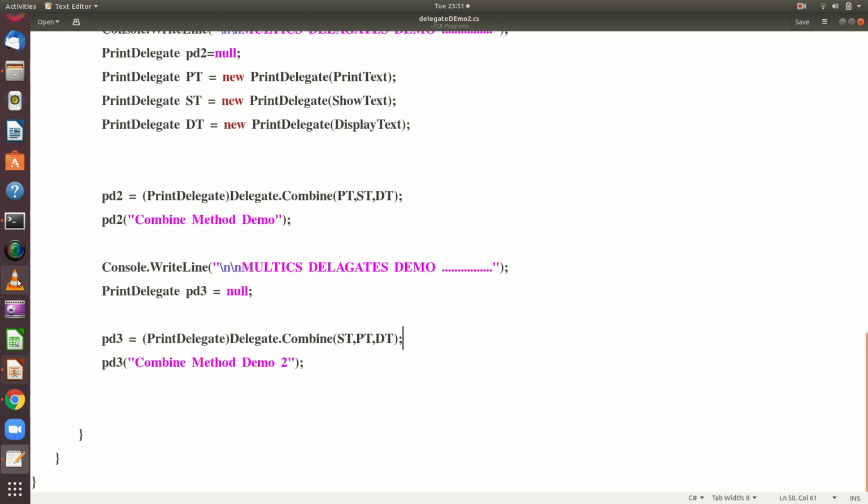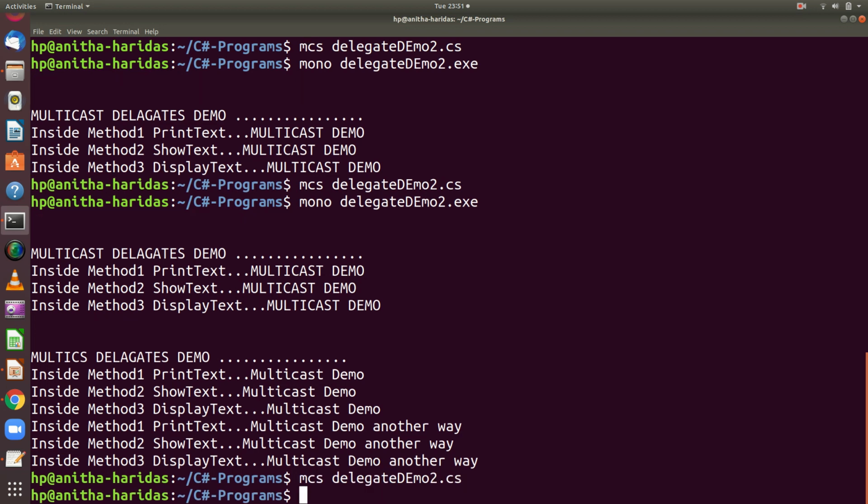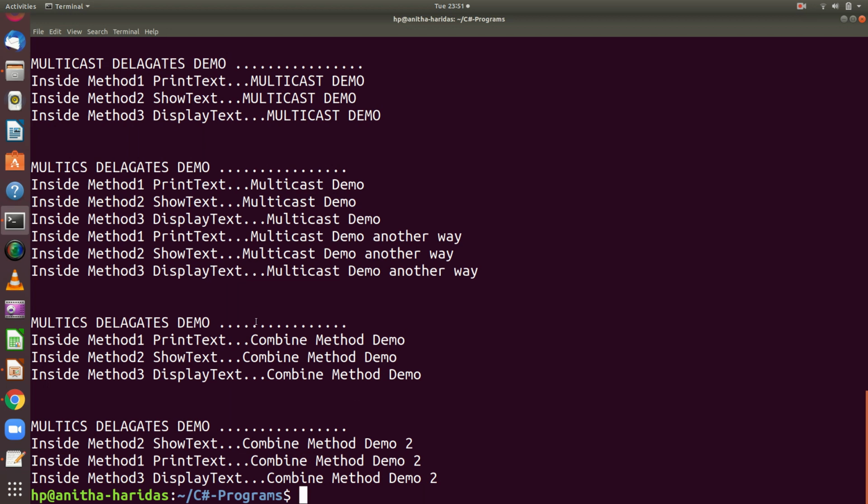Okay. So let us see the demo program now. So this is the demo program. Let us execute it. I compile it. You can see here these are the two examples we have already seen, and the third example uses the combine method.